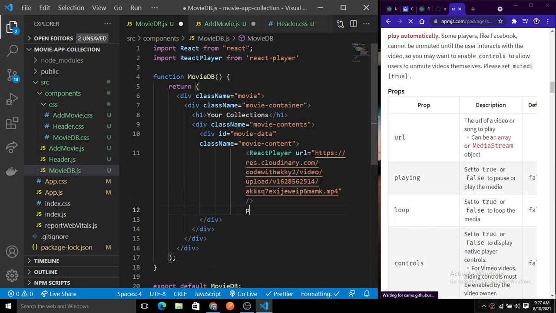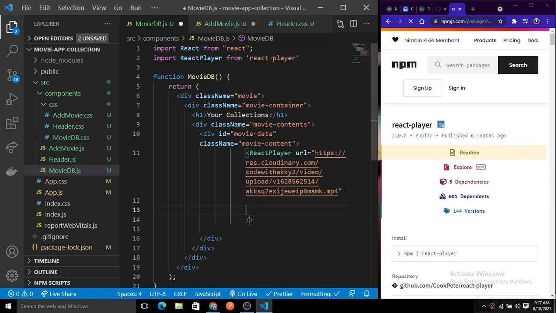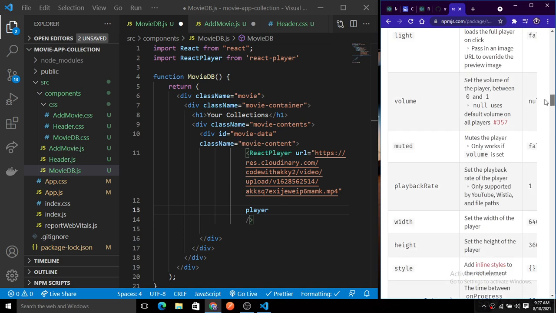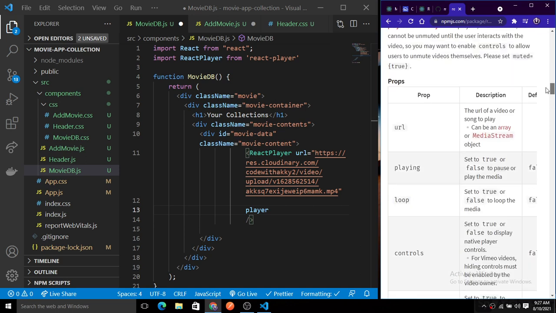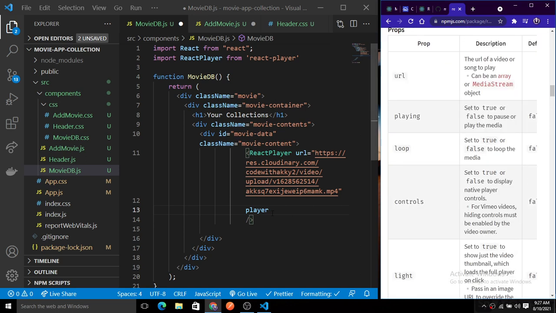Then we have another prop, the playing prop. So the playing value by default is false.